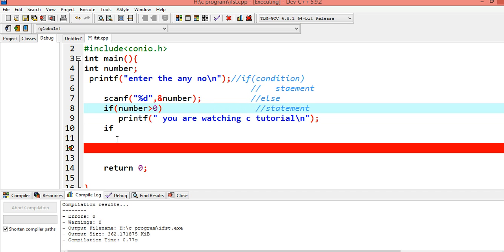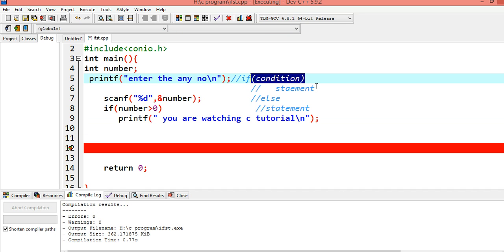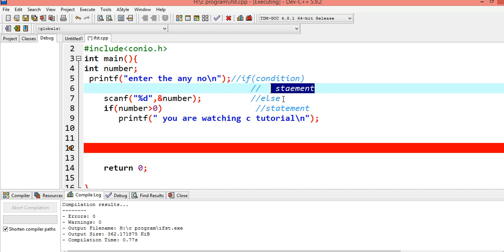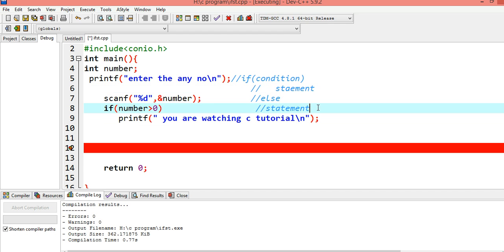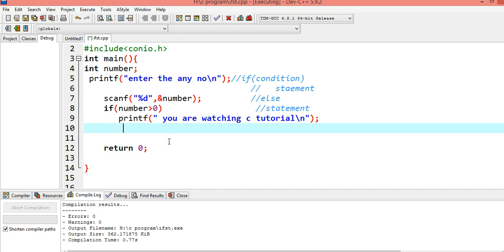Let us start. If you enter a number which is greater than 0, then the statement will execute. Else, we are talking about the if condition being true, then this statement will execute. If the condition is false, this statement will execute. So we will write else.